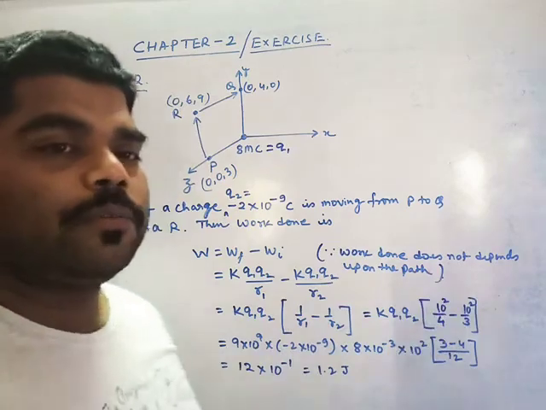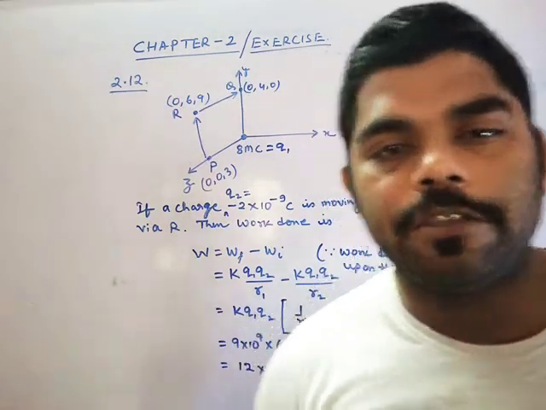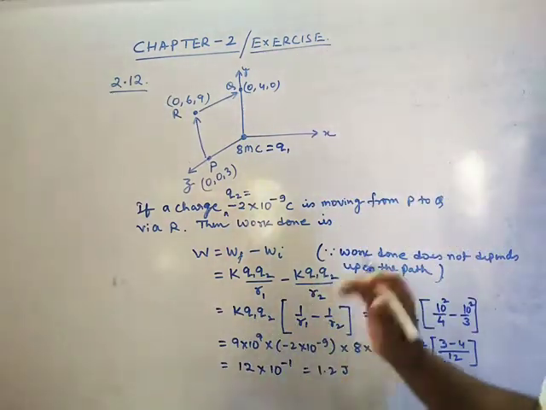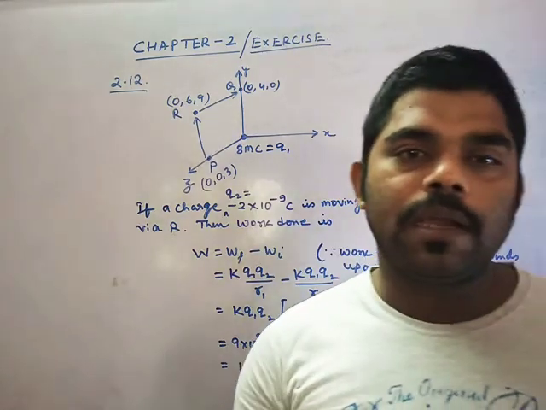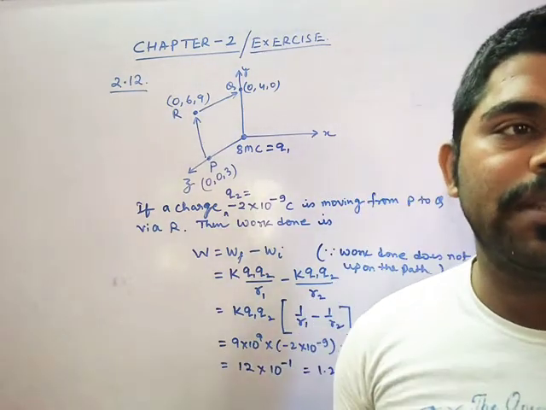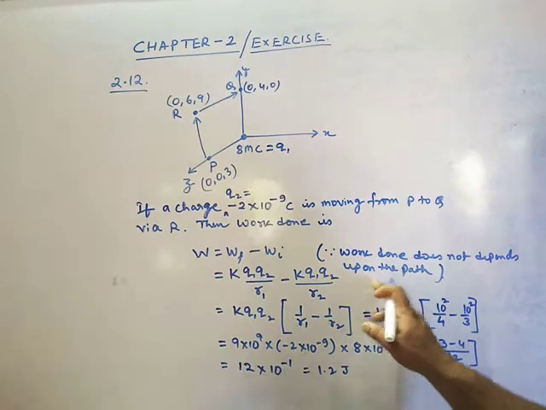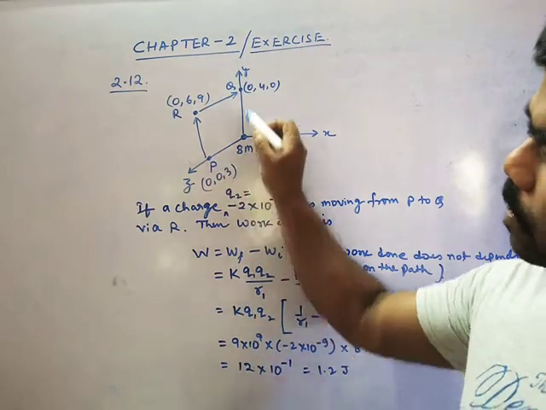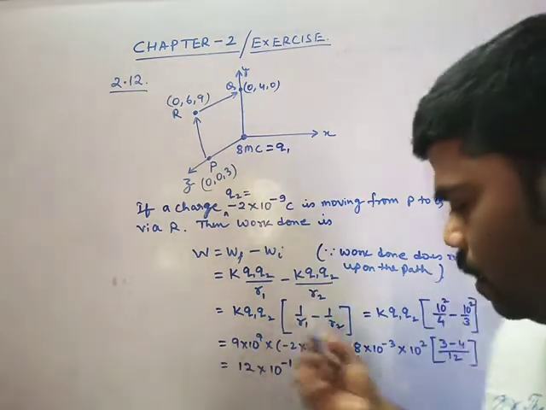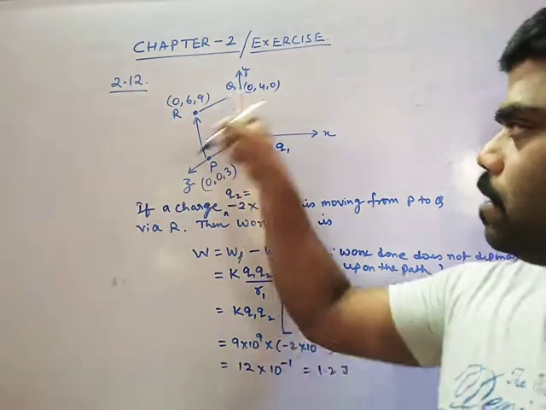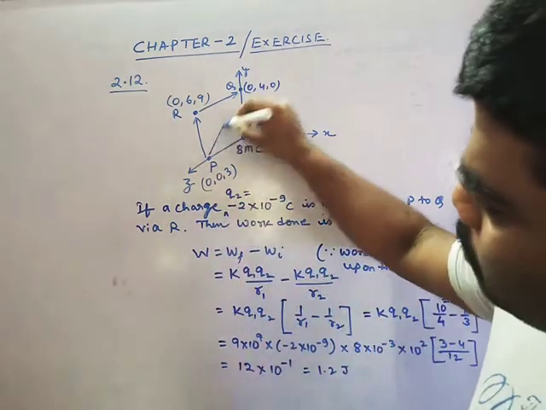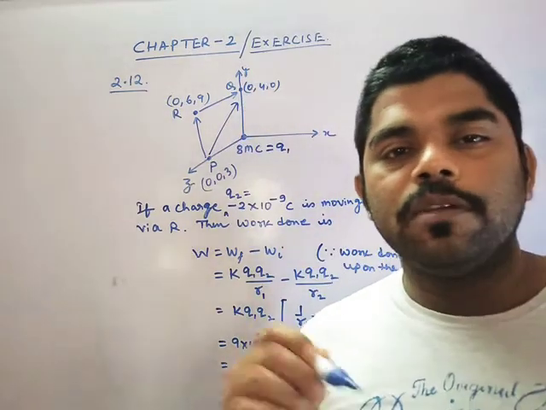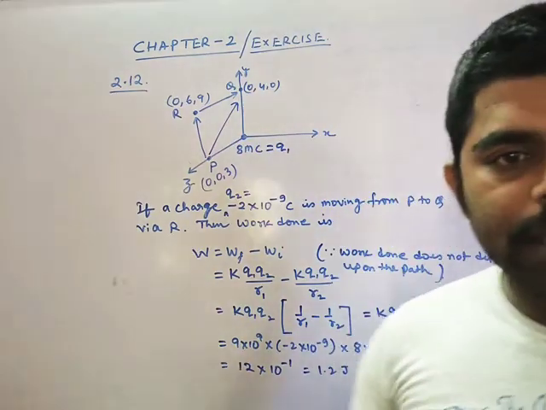Because of what? Because it is conservative in nature. फिर से याद रखना, conservative in nature. जो force है तुम्हारा electrostatic force, वो conservative है. That's why we can say work done does not depend upon the path. मतलब अगर मेरे को वो origin से भी बोलता, तो भी मेरा यही आंसर आता. अगर मैं डायरेक्ट चला जाता, then also the work done will be same. Is it clear? Okay.